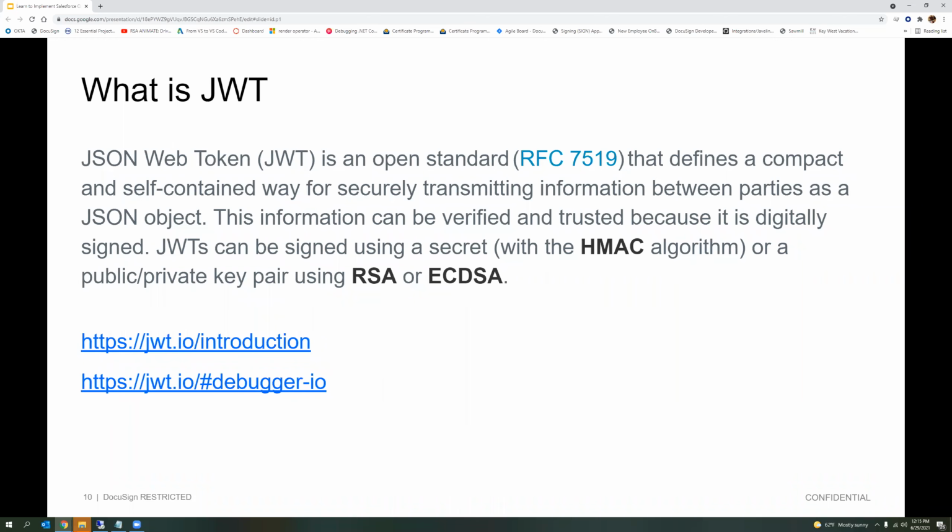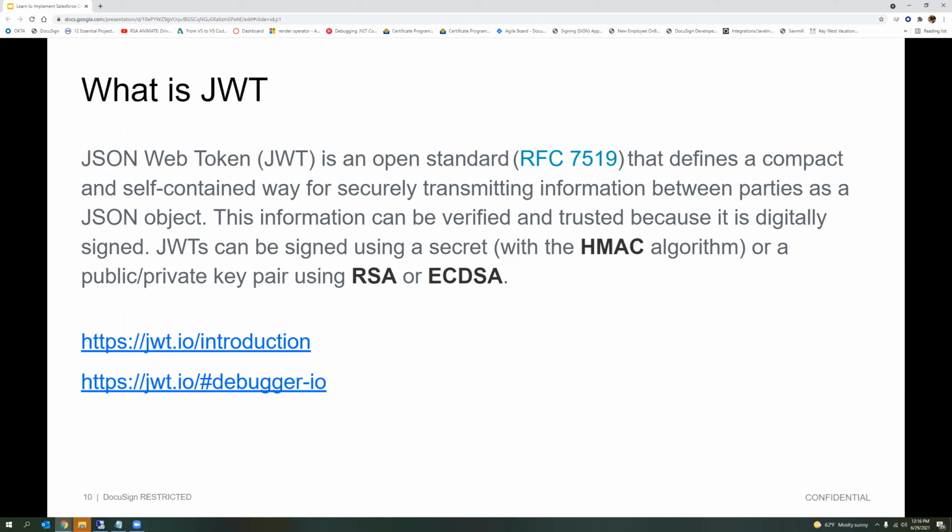Now it has become more compact, and you can use JSON objects to pass this information. Again, the protocol remains exactly the same. On one side, you encrypt your information using different algorithms, RSA, HMAC, and on the validation side, you just make sure that they are generated from the correct place.